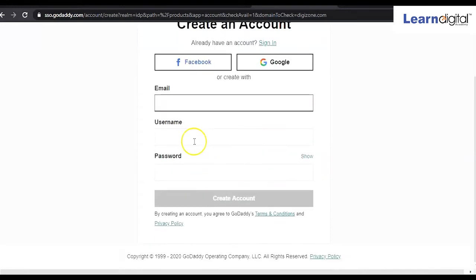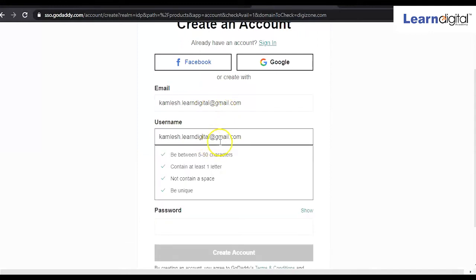So simply you have to write your email ID, then you have to generate your username, right? For example, I'm typing my, like, Kamlesh dot, so like this you have to type your email, then you have to create your username, right?